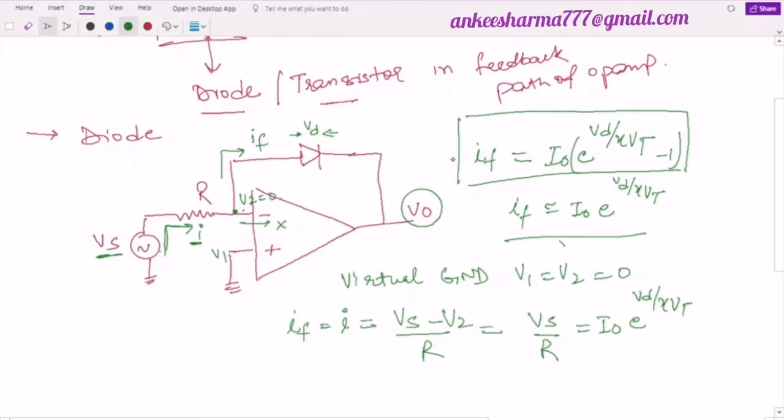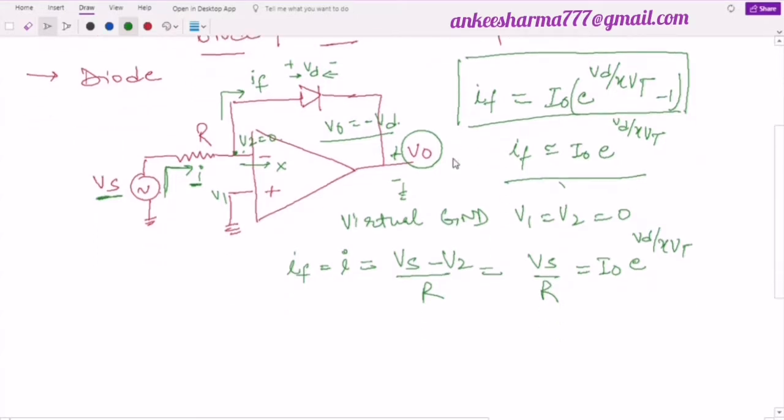As V2 is equal to 0, can I say this is my voltage Vd and also this is my voltage V0? The direction of Vd is positive to negative, but for V0 the direction is opposite. It means can I say from here that my V0 must be equal to minus of Vd, because they are equal but opposite in polarity. Vd is calculated from here, plus at this end, but V0 is calculated from the opposite direction, because its plus is here. So from here I can say V0 is equal to minus of Vd, right?